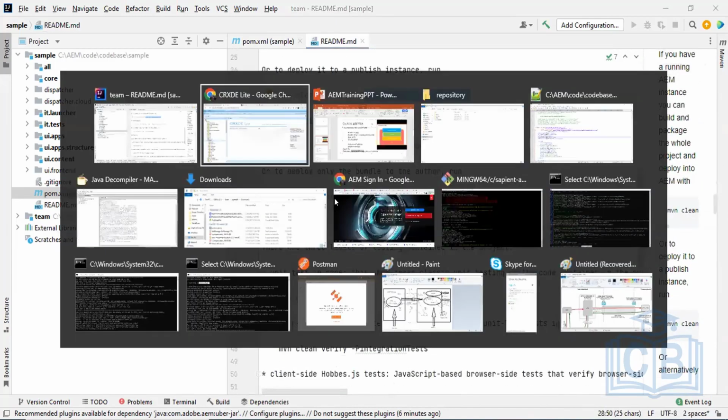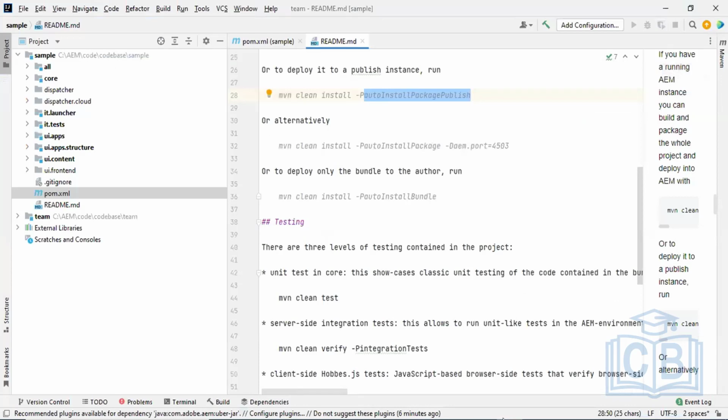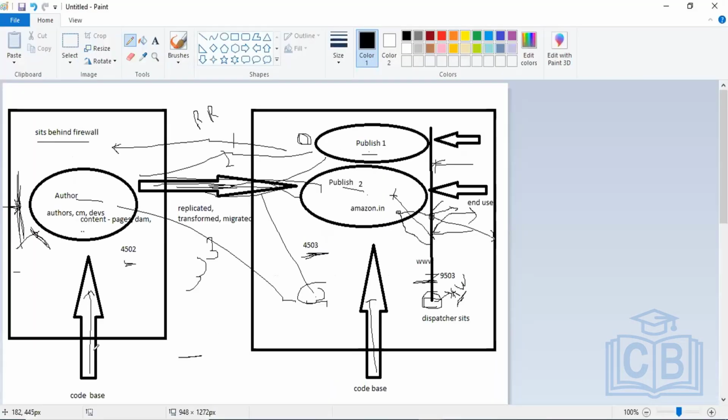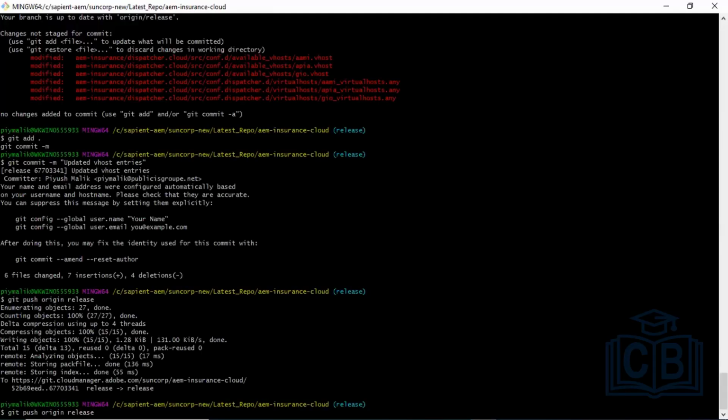Okay. Now one important other thing over here. We did deploy our code on the author instance, but we still have to deploy our code on the publisher instance. So to deploy our code on the publisher instance, what I will use is